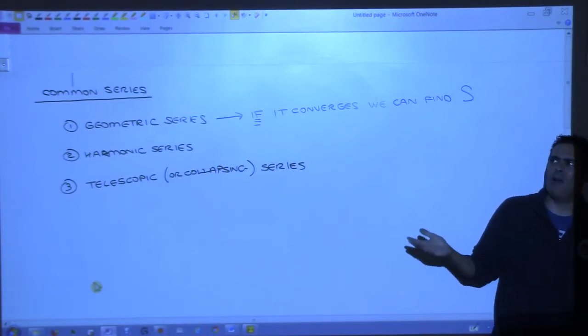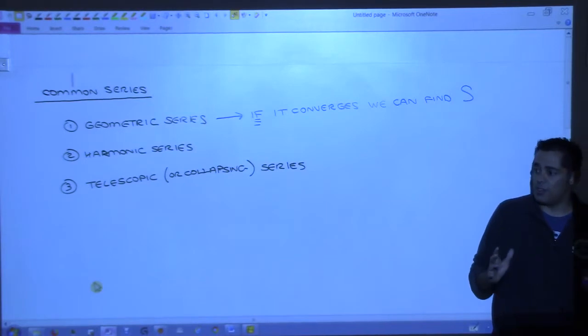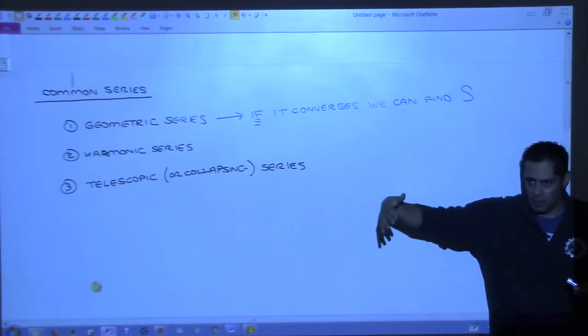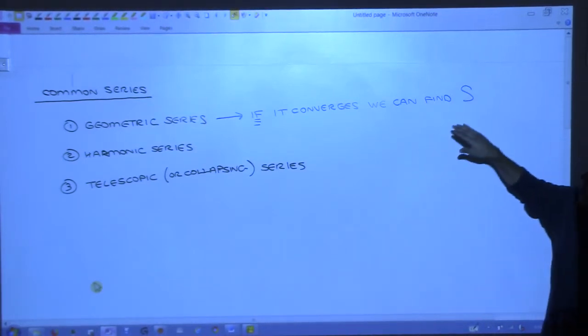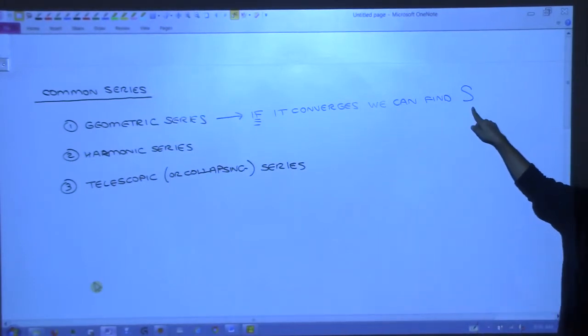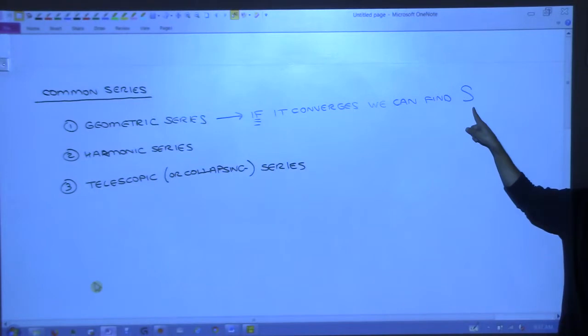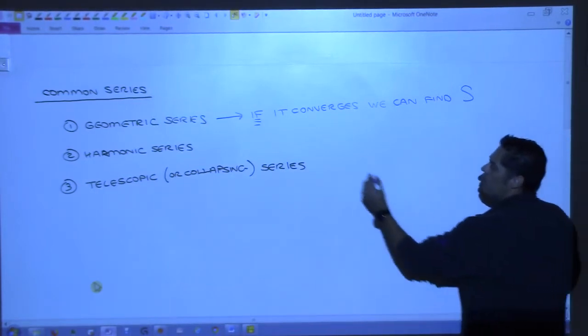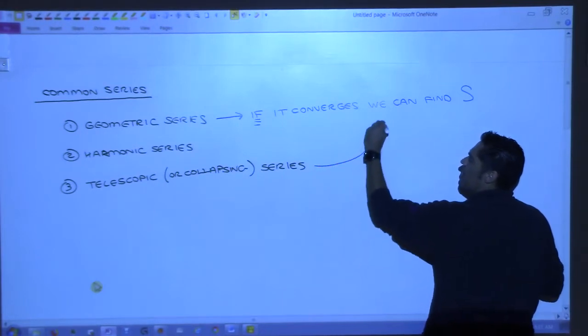And you may say, well, why would we ever care about that? Well, convergence is very important later on as we move through this. So with a geometric series, if it converges, we'll actually be able to say what it adds up to be. There are very few series that we can do that with. Geometric is one of them. Also, harmonic. If it converges,